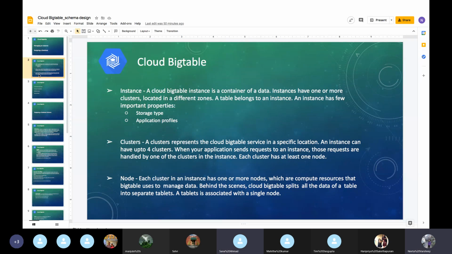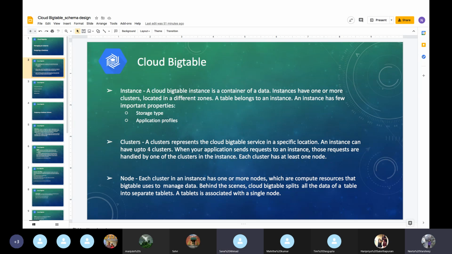Okay. And any reason for clusters to be limited to 4? Why not just one, or why not more than 4? Is it just a limitation? No, the reason behind that is it needs to be created in specific locations.